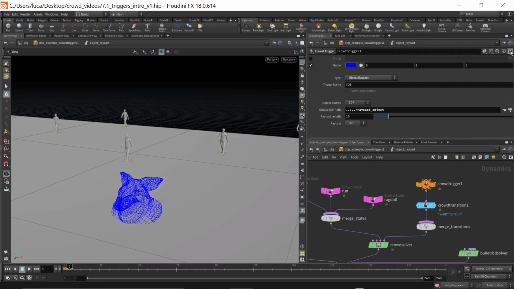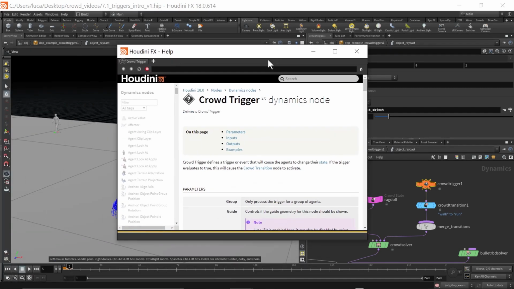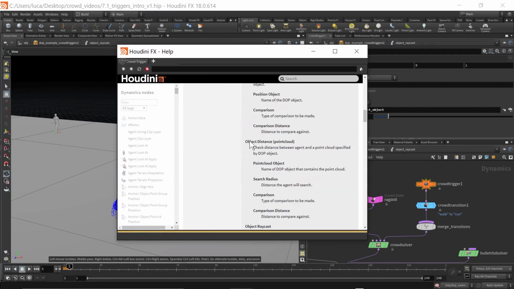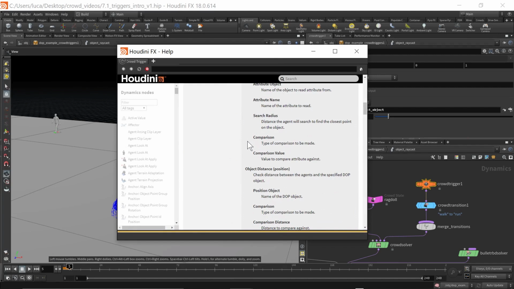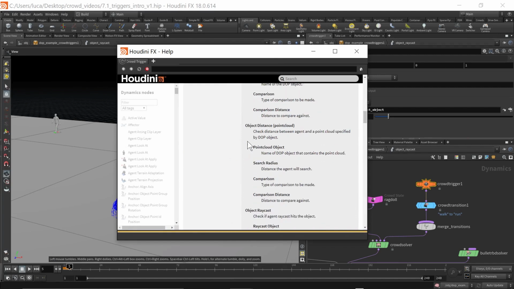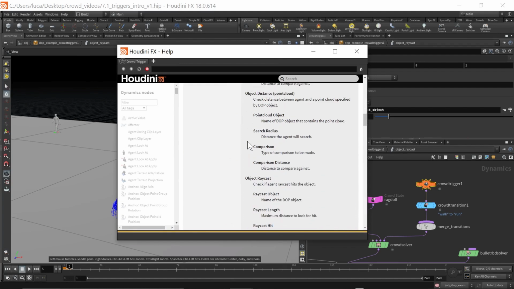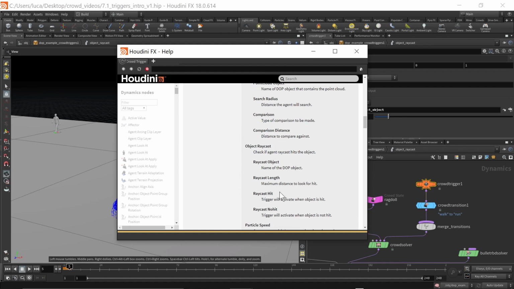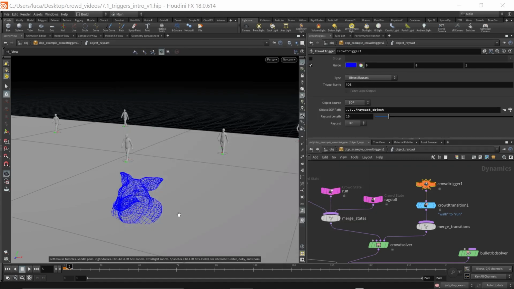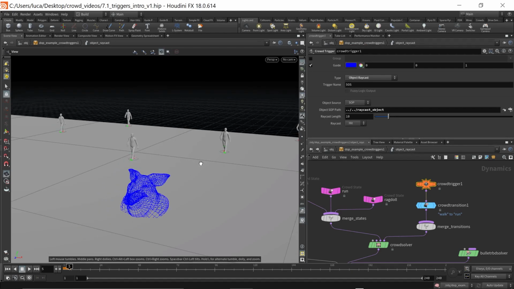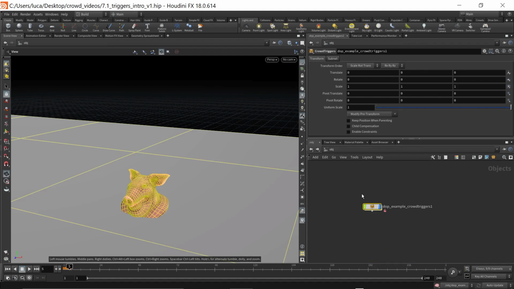I'm going to take a quick look in the help here because I'm just curious about the type. Object distance, Raycast. Yeah, so it's been a while. I believe that where the ray is actually cast from is from a point, right, that defines the agent. So if we